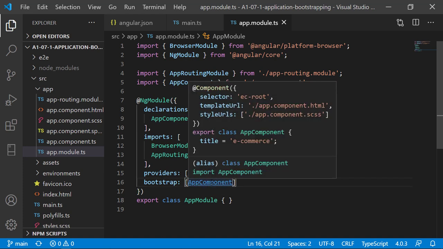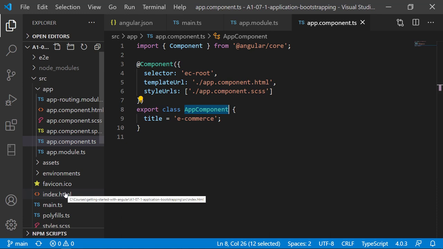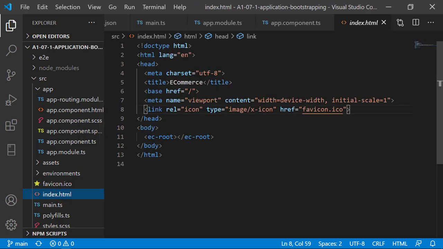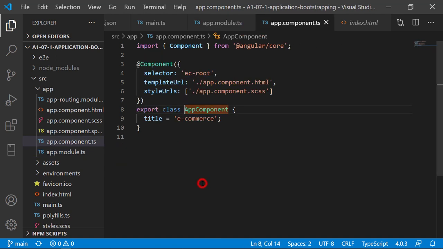And let's open app component. You will see that AppComponent is a simple JavaScript class which has a title property, and then it has a decorator called Component. We have ec-root as the selector. So what happens is, if you look at index.html once again, we have written ec-root component. And if you again look at app.module.ts, we say that we are going to bootstrap AppComponent. And what is AppComponent?